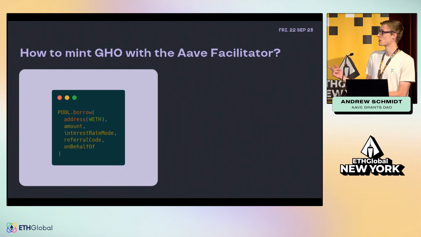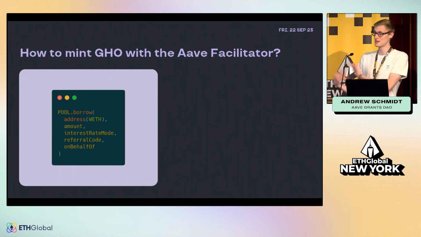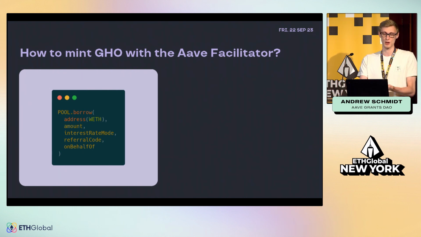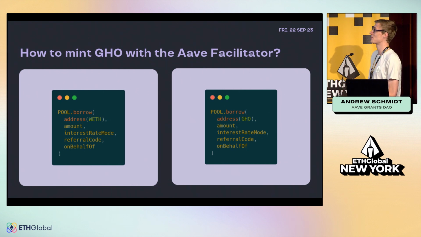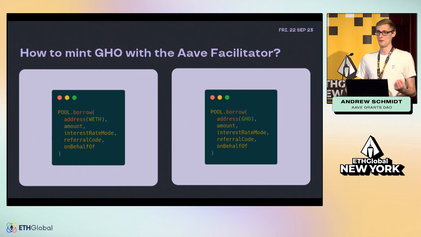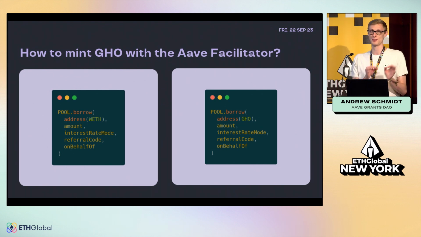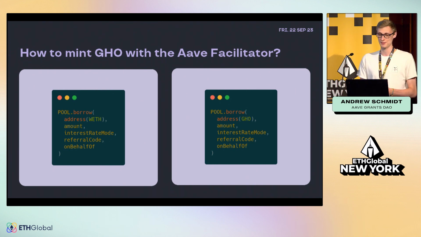This is what the smart contract call looks like for a normal token. In this case, it's borrowing a certain amount of the token wrapped Ether. If you were to mint Go instead of borrowing wrapped Ether, it looks exactly the same. To the contract developer or the integrator, minting Go occurs seamlessly through the actual Aave protocol, because the minting of Go is occurring under the hood of the protocol. So this is a seamless process, but there are actually several key differences with Go, which provide some very interesting opportunities for builders.